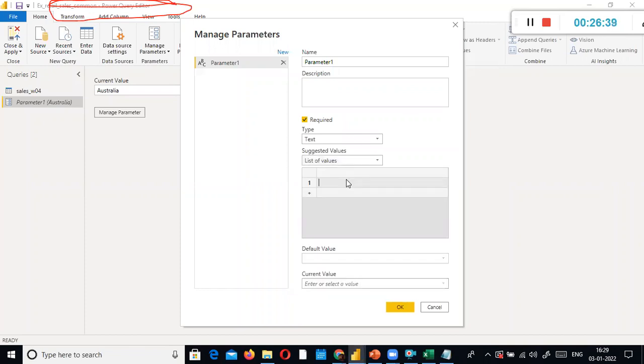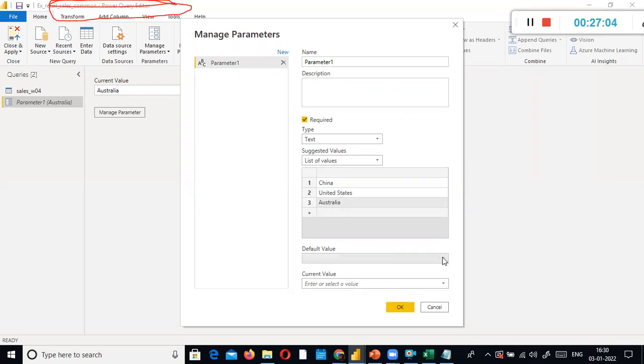Here, I can type whichever countries the end user should be able to view. Whatever countries I type here, they should be able to select only these 3 countries to view the sales performance.